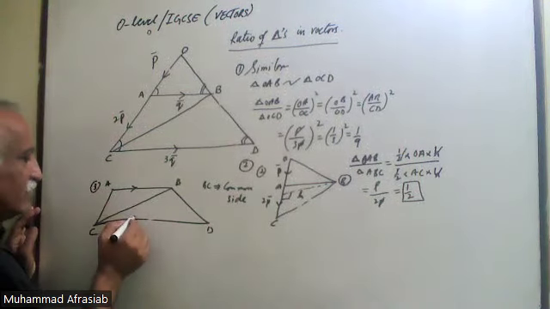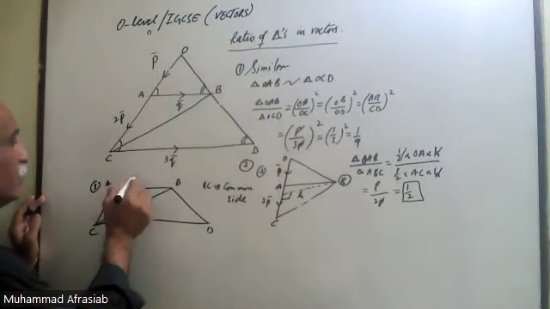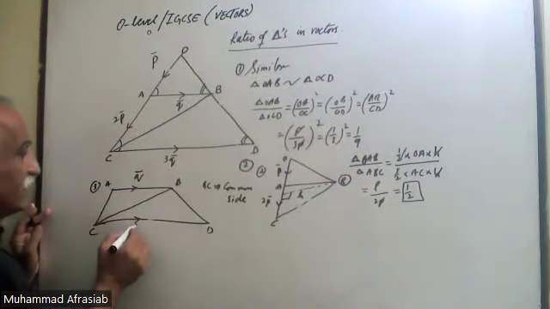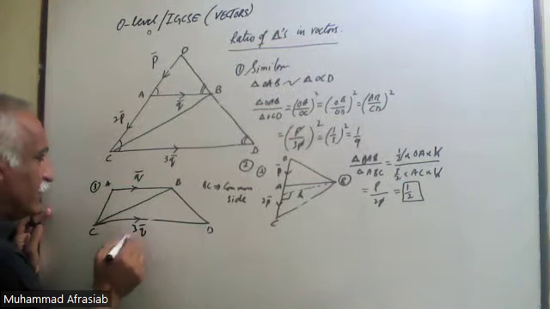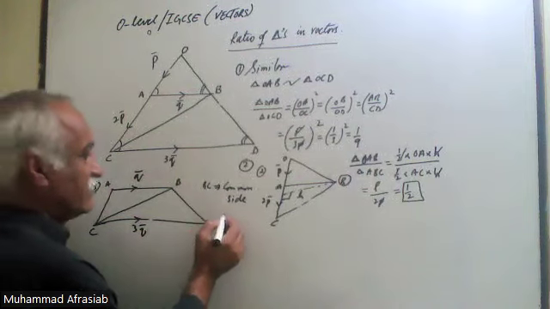These two lines are parallel. So AB is equal to Q, and CD is equal to 3Q. So it is basically the shape of this trapezium